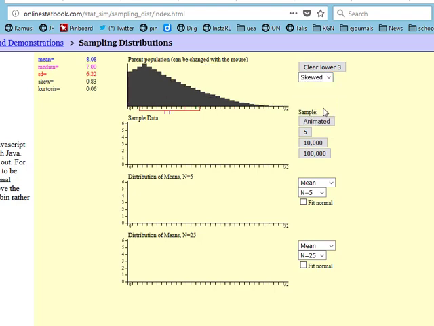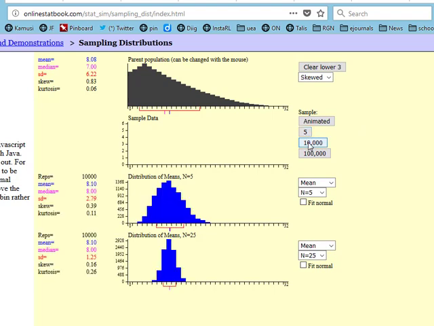For example, land. Some people have got no land, quite a lot of people have got a tiny patch of land, and just a very few people have got vast amounts of land because it's so unequally distributed. So this skewed distribution, well, how does that affect when we start taking samples? So let's go straight to 10,000 samples, to keep the video short. What we can see here is that when you have sample size 5, here's the population mean up here,